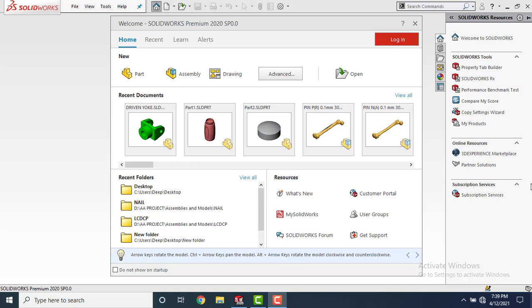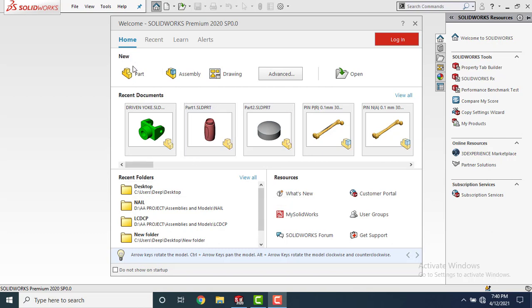In this video, we are going to show you the details of the SolidWorks user interface, which provides you the understanding of various options and tools which you use to design your first model in SolidWorks. When you start SolidWorks, a dialog screen like this comes out. This is the SolidWorks 2020 version.